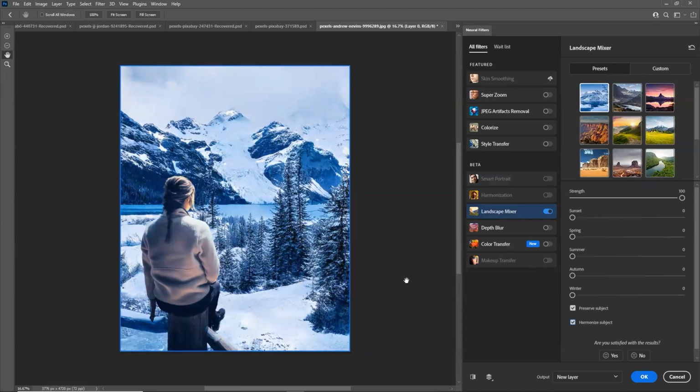Another best thing is Harmonize. If you don't click on Harmonize, it will keep the character the same as it was in the original image. But if you click on Harmonize, it will change as per the color tone of the background. So if you see, there is a lovely layer of bluish tinge that has come, as well as an orangey sheen that has also affected this lady's back jacket.